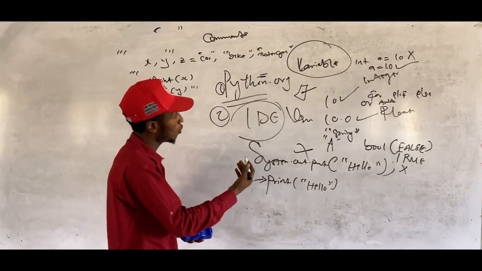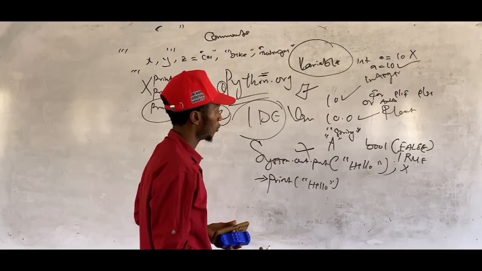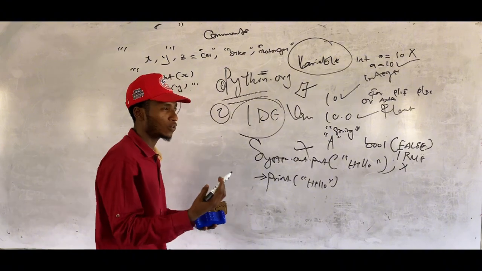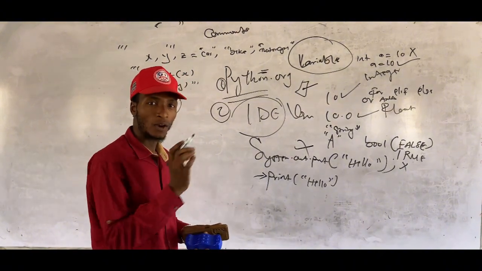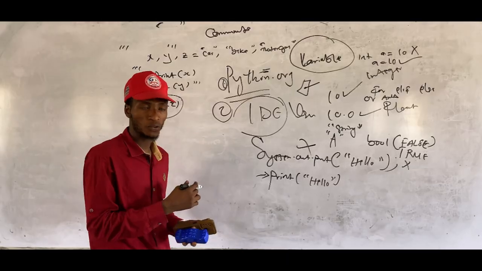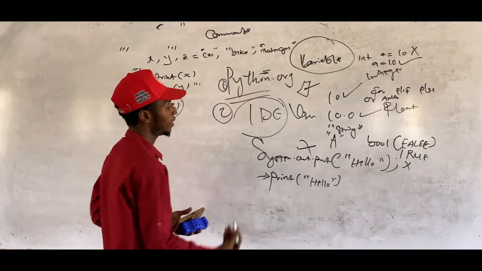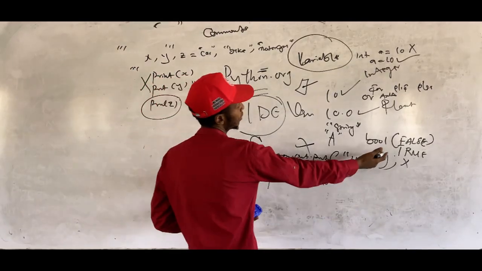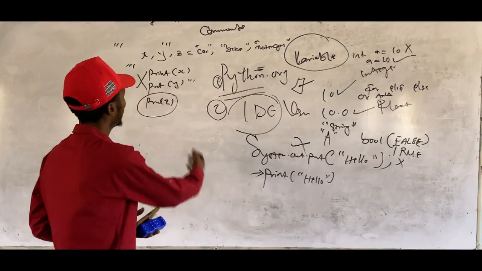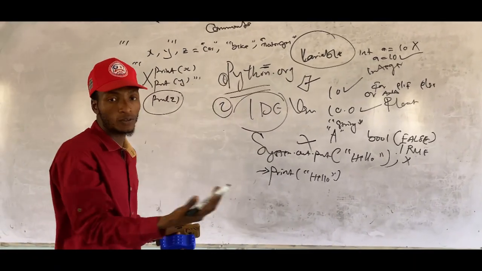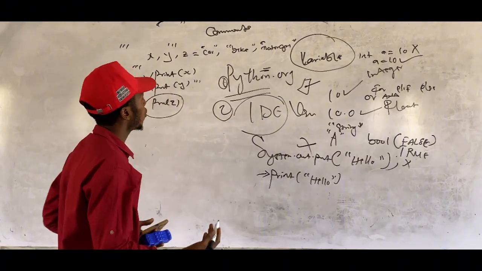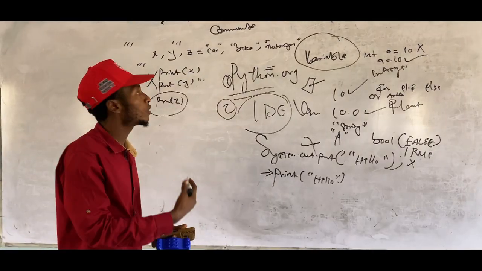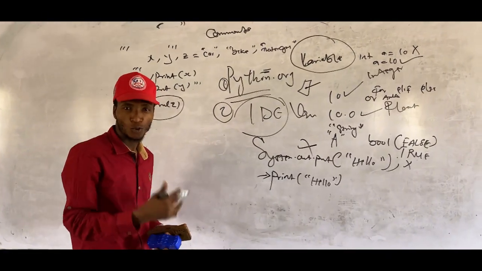Then we also introduced variables for you, then some data types. We also defined that a variable is just a space allocated for you in order to store your values. Then also, this is how you can print in Python compared to other programming languages like Java. And in Python, you don't need a semicolon. And also, we introduced some rules for declaring a variable. And also, we saw how you can assign multiple values to variables. And also, we discussed comments.